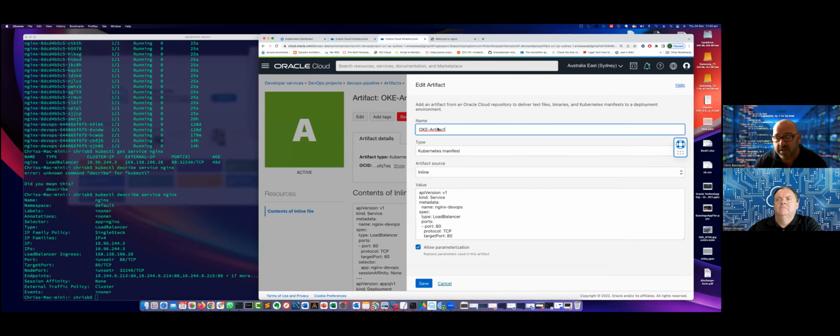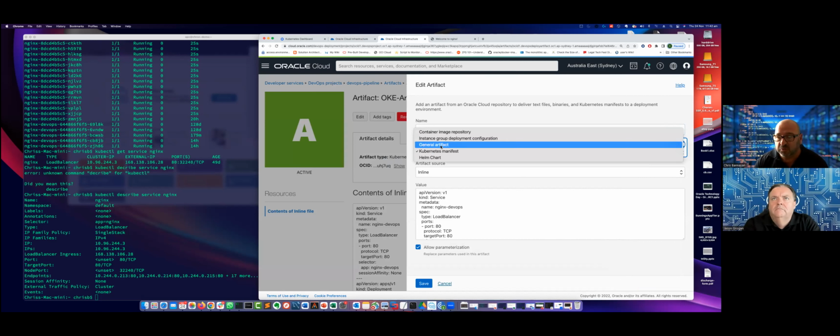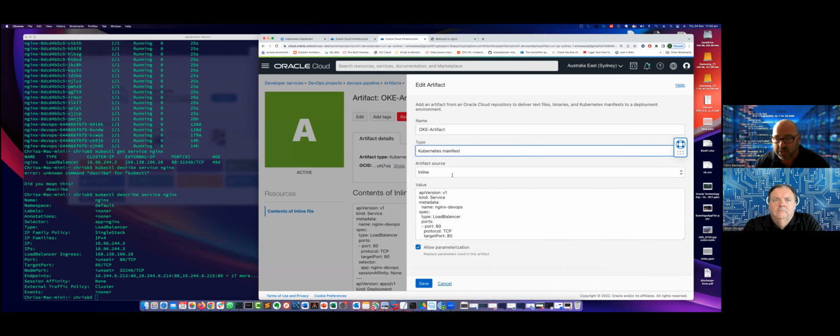It can be a type Kubernetes manifest, which is what I'm running. It could be a general artifact. It could be a container repository, image repository. So I could point to a repo, and then once my artifact runs, it'll pull down the image from there, or the code that I've got in there.